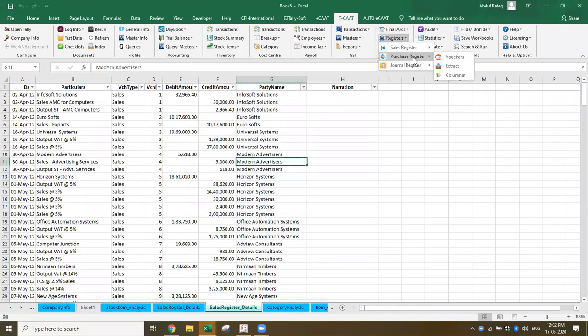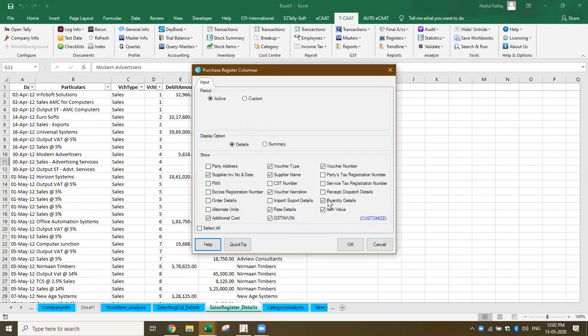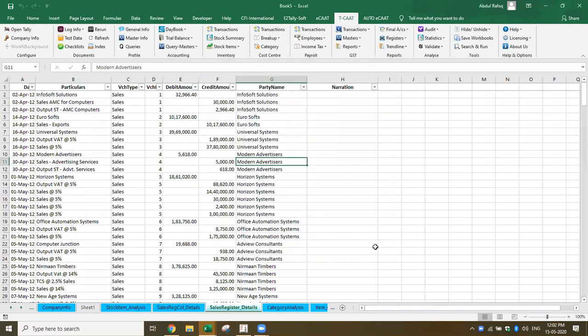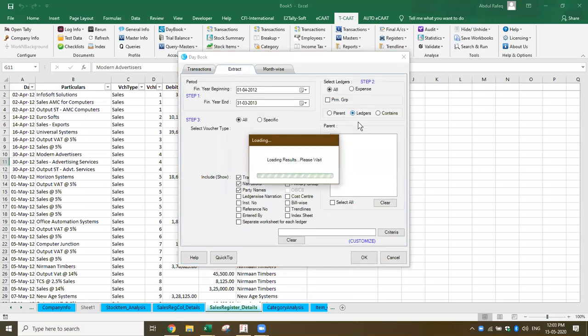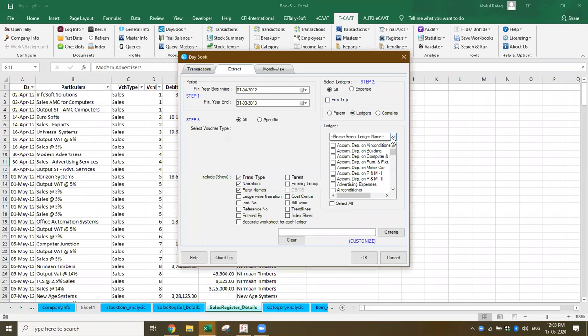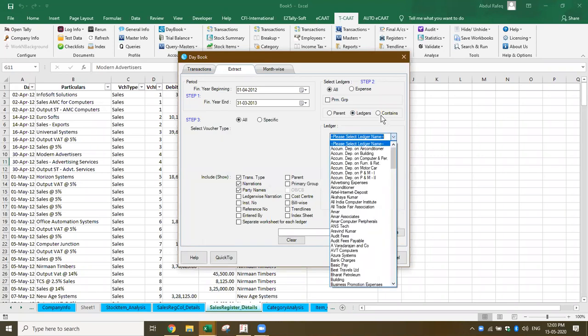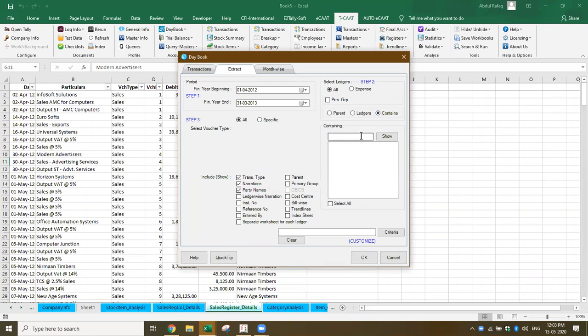I come to the purchase register. I want to extract, let's say, columnar purchases. So here you can get columnar purchases. But in your case, if it's unregistered purchases, it depends on whether they've created that party in the ledger as a purchase. Let me give purchases and see what will happen. Now I'll give contains. And now let's see what happens. What are the types of purchase which are there? When I say purchases, show, now it will show me all the types of purchases which are there.